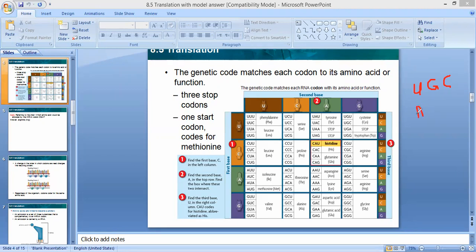ايه ايش الكومبلمنتري؟ A C G صح؟ صح miss. طيب وين ال A C G؟ هيو. ايش الامينو اسيد؟ ثريونين. تمام؟ لما اقول لك انا اعطيك الانتي كودون على التي ار ان اي بتكتب الانتي كودون بتفكر ايش الكومبلمنتري. اليو بيمسك مع الاي، الجي بيمسك مع السي، والسي بيمسك مع الجي. فانا I have to look at for this anticodon for this codon here. هذا الكودون will code for this amino acid. Yes. يلا